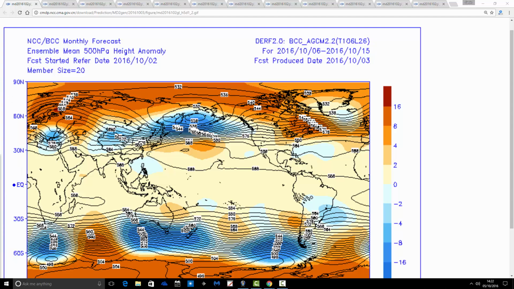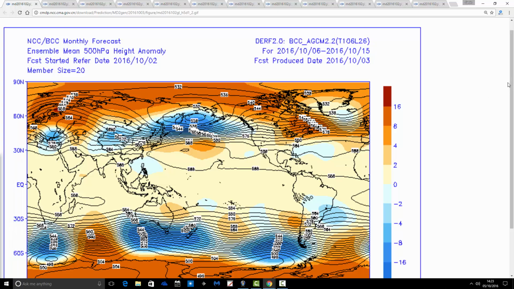So what's going on for the coming 10 days is that we've got ridging over to the east of the country. If you come over this side of the chart, that's Scandinavia, back into western Russia, and there is our Scandi high that's going to be dominating the weather through the coming 10 days. We've got the trough of low pressure in the Atlantic that's being blocked by this large blocking system. So we're going to have quite a dry period, I think, coming up for the next 10 days.